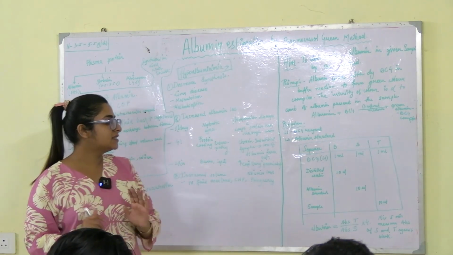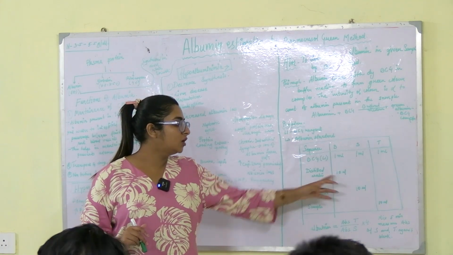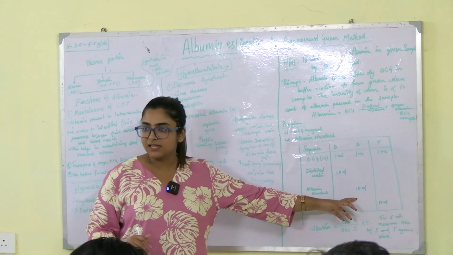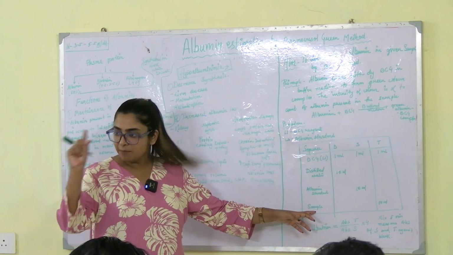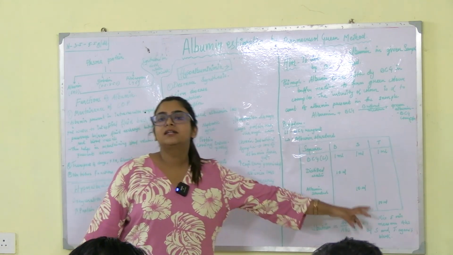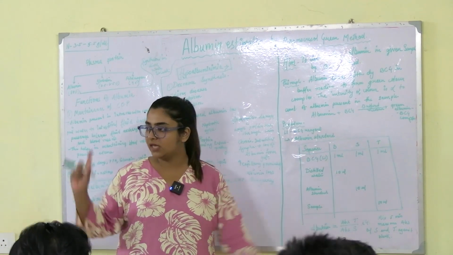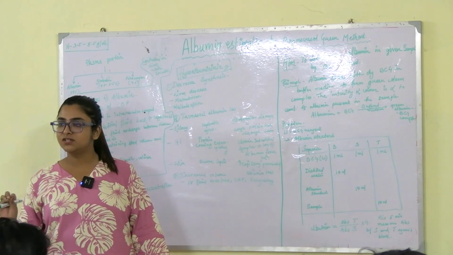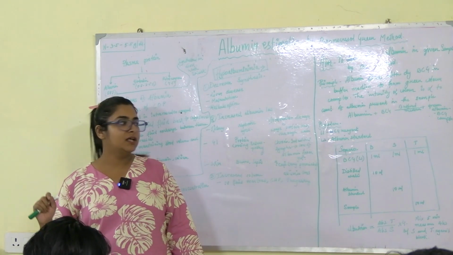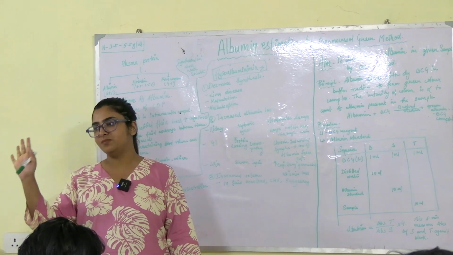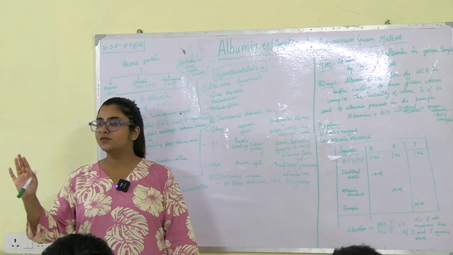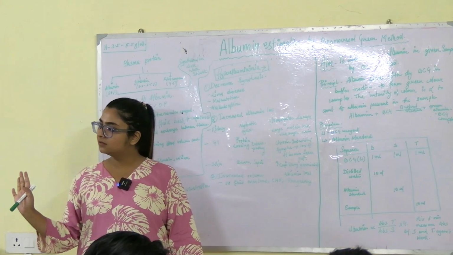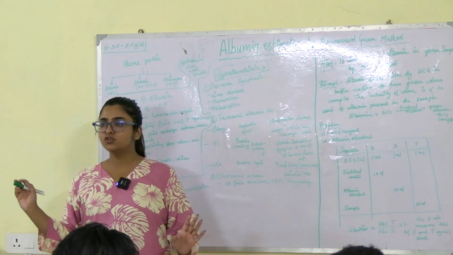Now second step. Second step is what? 10 microliter of distilled water in blank, 10 microliter of albumin standard in the standard test tube, and 10 microliter of the sample that will be provided to you in the test tube. Okay, clear? Now you will mix all the 3 test tubes. You will mix whatever you have put in and then you will wait for how many minutes? 5 minutes. Simple. And then you will measure the absorbance at 620 nanometer. Clear? Understood or any doubt?